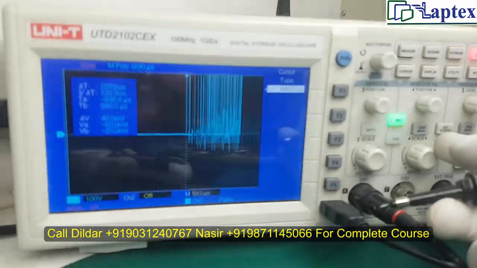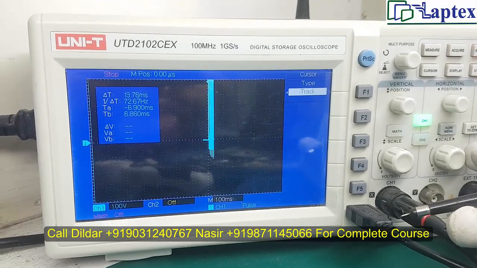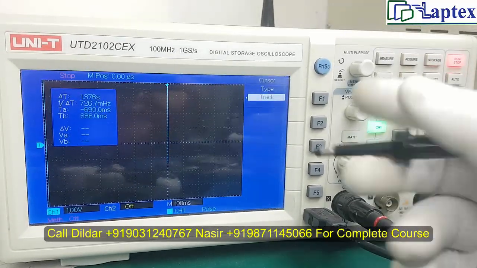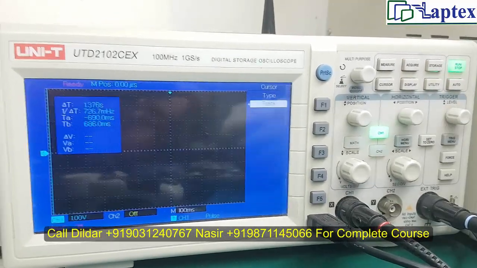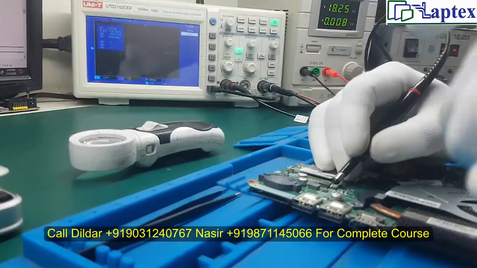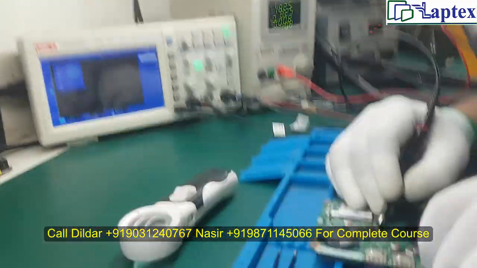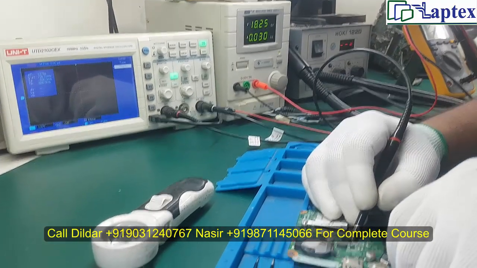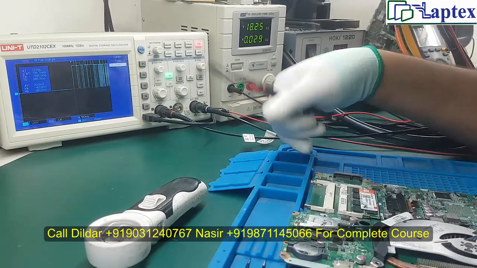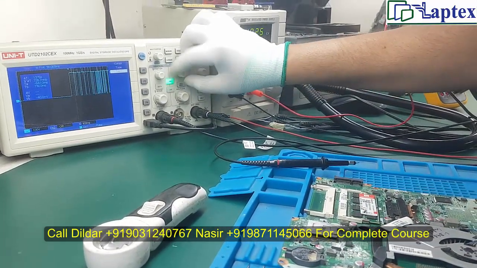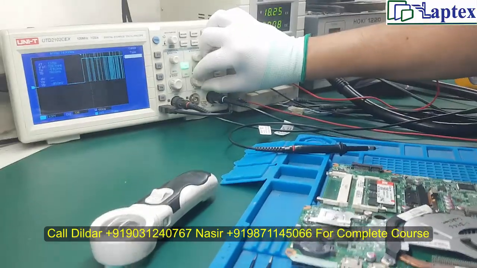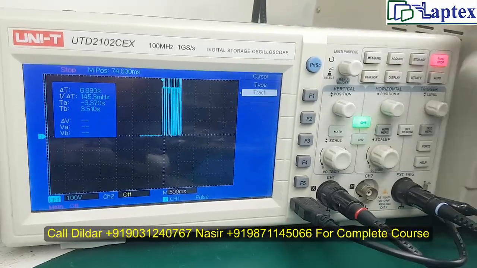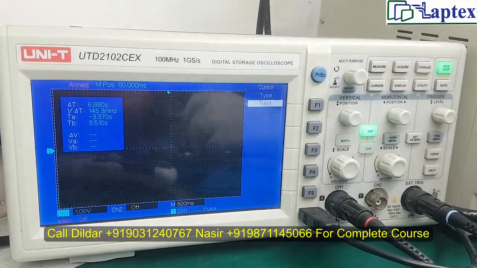I have to adjust the time scale as per my requirement. I can set it as I need to check it. Now let me do it again. I want to see what the reason behind it is. It is getting off. So now see the situation. This is how I have to analyze it. Everything we have described over there, so I think everything is fantastic here. There is nothing wrong. Let me check it once again.